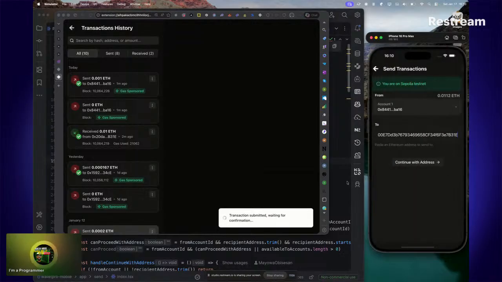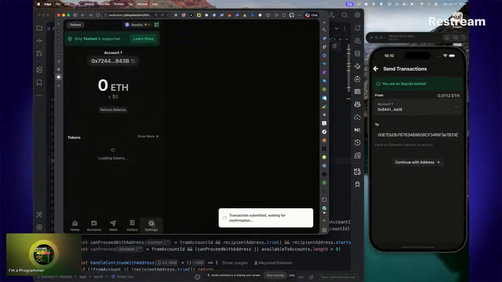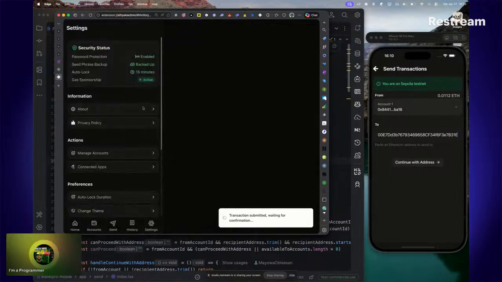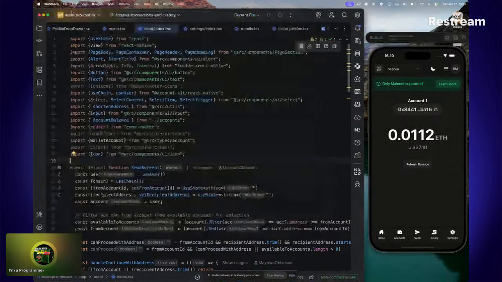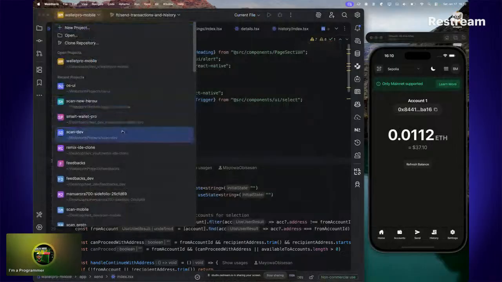But first of all, today's video is supposed to be about the settings page, and there's a reason for that. I don't want us to do much on this because at the end of the day, it's just one feature left, and then we are done with the send page. But we still have all of this to implement. We already have the about page. So I'm just going to add the card. For that to happen, I already have this card structure, which I'm going to just make use of and just use from our